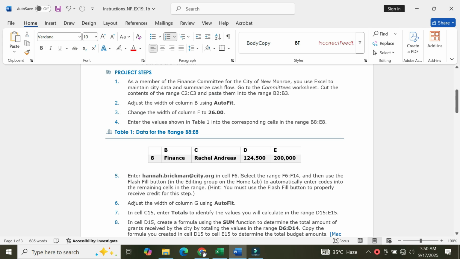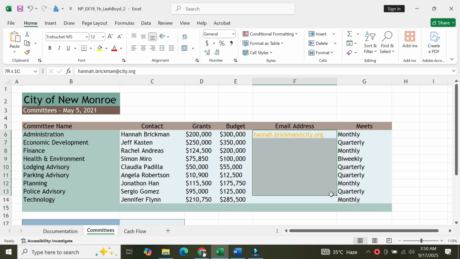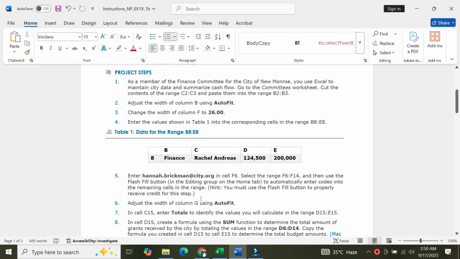Then next he is saying select the range F6 to F14 and then use the Flash Fill button in the Editing group on the Home tab to automatically enter the code into the remaining cells in the range. Okay, so simply we need to copy and drag down and then go to Flash Fill. So we have done this. Okay, so the next question is